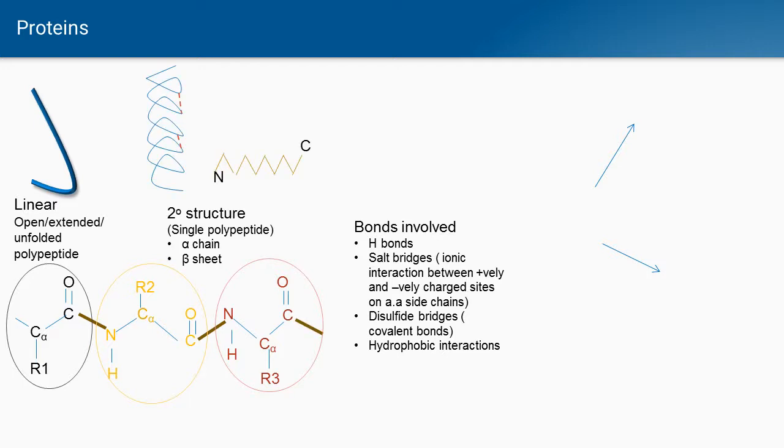This linear structure can fold upon itself and acquire the secondary structure, and there are two forms of secondary structure. One is the alpha chain, the helical structure, and the second is the beta sheet. In the alpha chain, you can see the red dots there; they denote the intra-chain hydrogen bonds between the amino and the carboxyl atoms. In the beta sheet, one side has the free amino group, so we term it the N terminal, and the other side has the free carboxyl end, so we denote it as the C terminal. This is the basic secondary structure of protein.